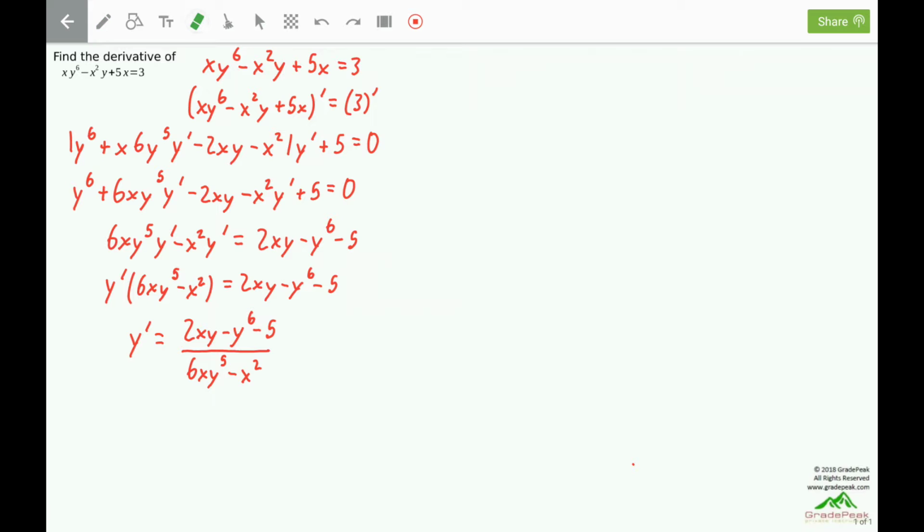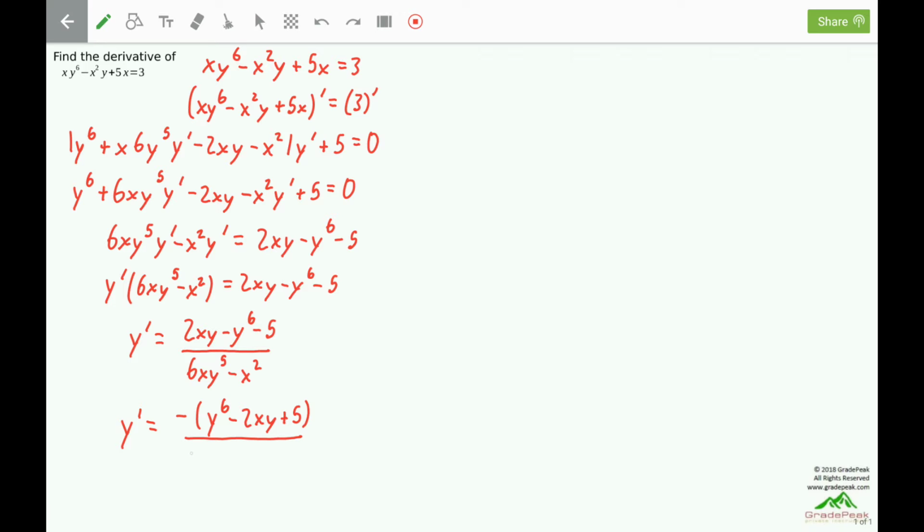Now it is possible to take one more step to simplify this a little bit more. Currently this has 3 negative terms in it and only 2 positive terms. It's a lot of times customary to have more positive terms than negative terms. And what we can do is factor a negative out of the numerator and denominator. If we factor a negative out of the numerator, that will make the 2xy become a negative, so we won't write it first. The y to the 6 will become positive, so I will write that one first. Then the negative 2xy, and then the positive 5